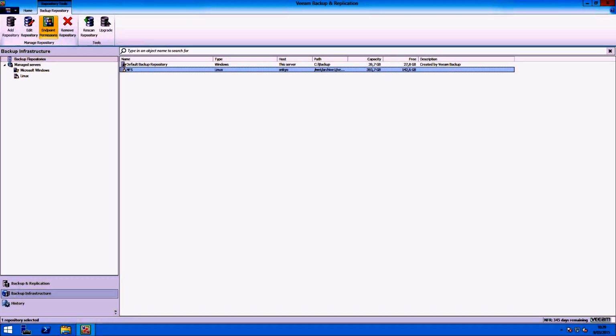As you can see, my backup infrastructure is very simple. I have my default backup repository here, and I also added a Linux server which has the possibility to write to a specific share, has about 400 gigabytes of space. Now, to make sure that you can write to a Linux server within Endpoint, it is required